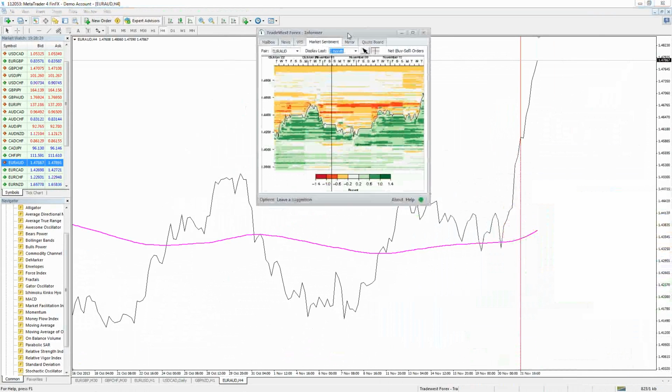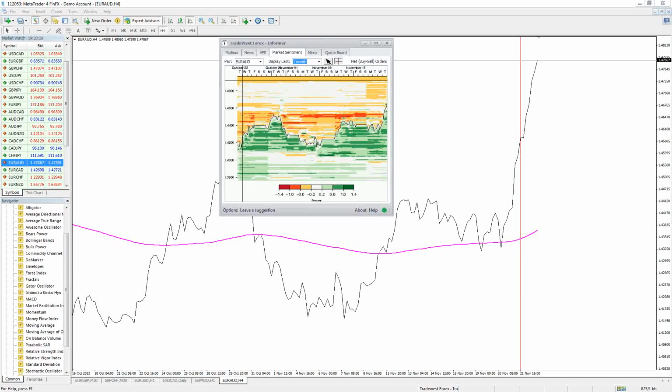Let's see what other questions I've got here. Can you add more pairs? There's not an ability for it to add more pairs. The source of this information, we're limited in what we can do with it and what we have access to. But we have most of the major currency pairs,